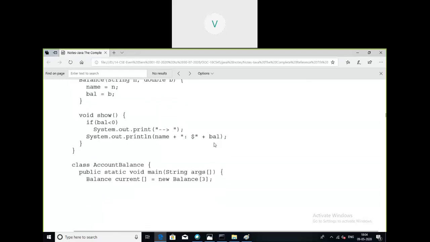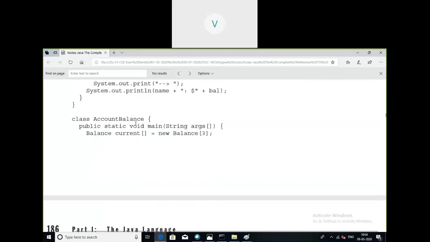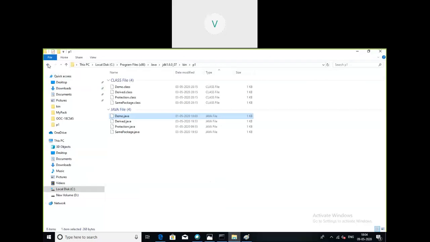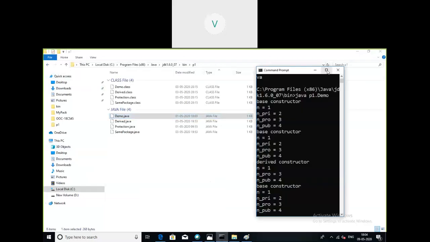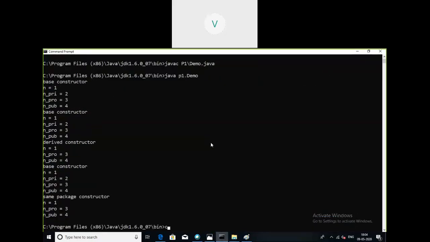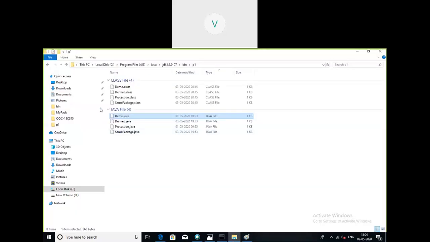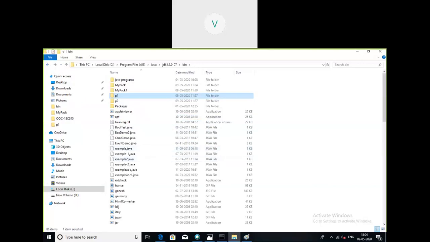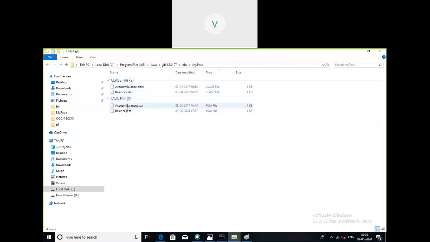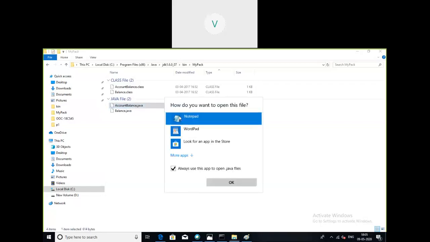So later what we have done is we have compiled this program, and I'll show it here. Right? So in the bin folder, as you can see here, we had created a package called mypack, and the source file must be kept there. So what is the source file? Account balance.java. I'll open it for showing it once again.